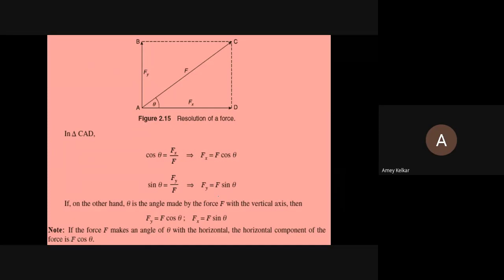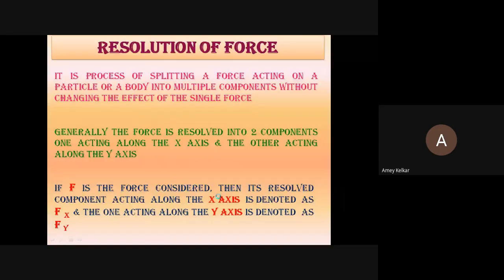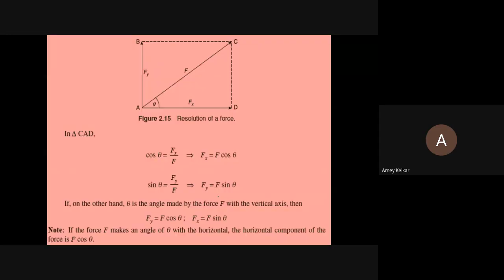Okay. So this is the process of resolution of a force. Here we are dividing a single force along two components. One is Fx, which is along the x-axis. The other one is Fy, which is along the y-axis. Here we have taken an example: a force F, which is represented by AC. It is split into two components, Fx, which is represented by AD, and Fy, which is represented by AB. We have taken angle theta, and using the triangle CAD, we have found the component forces. So this is all about the resolution of force. Now, the next part comes in is the,